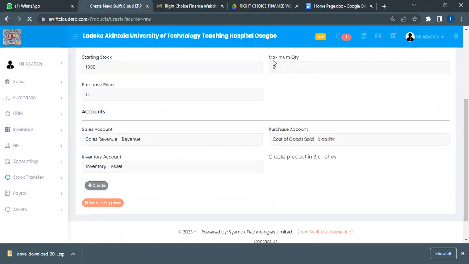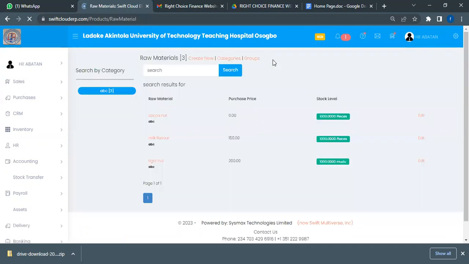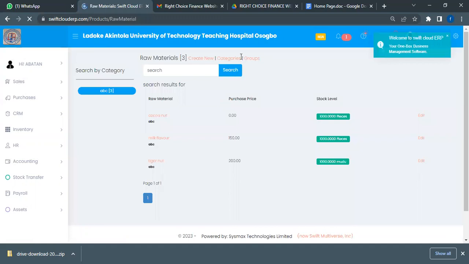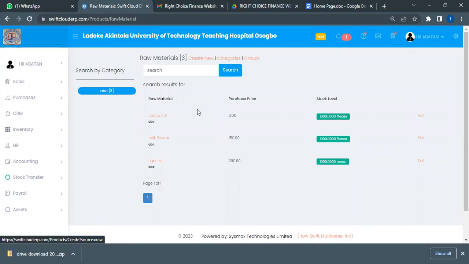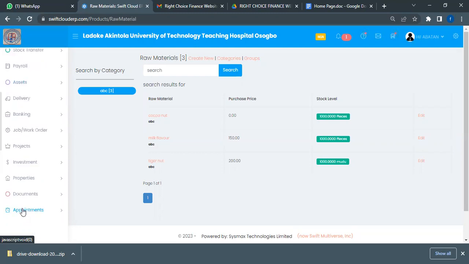So okay, let's just take this as our basic raw material. Of course, this is just to show you how to produce. So this might not be all the raw materials, okay, but using what's it called? Debino. There's also Debino and the rest of them. But permit me here to just use these three that we have here. So, coconut, milk flavor, and tiger nut. So, we'll go back to